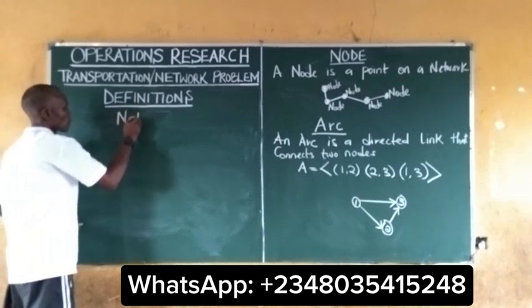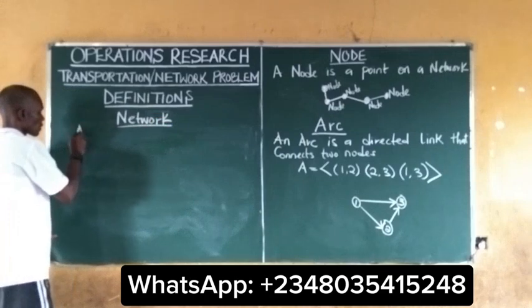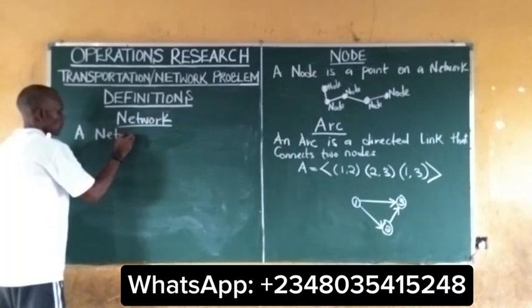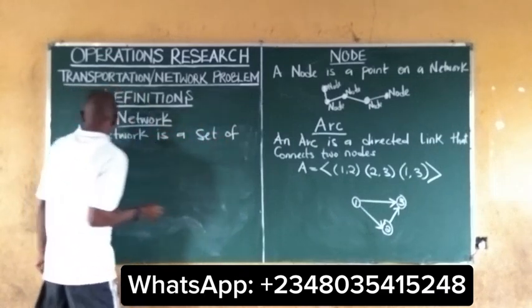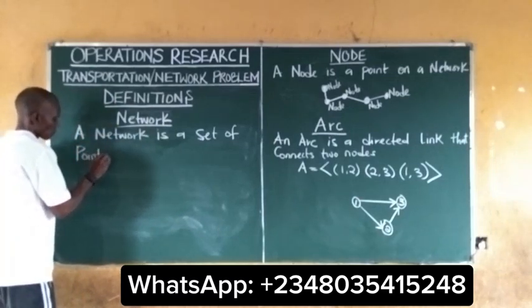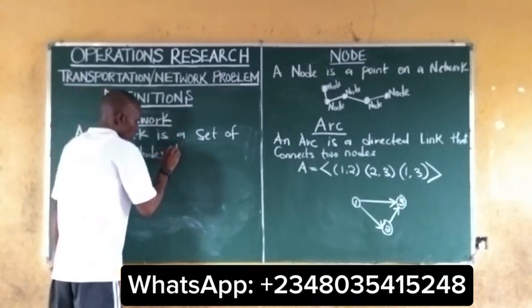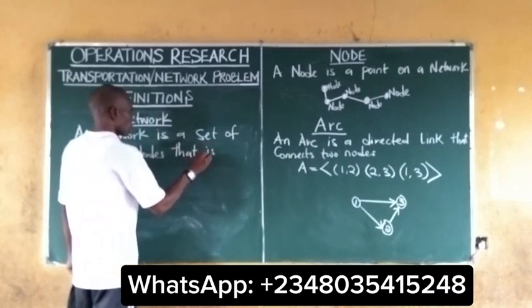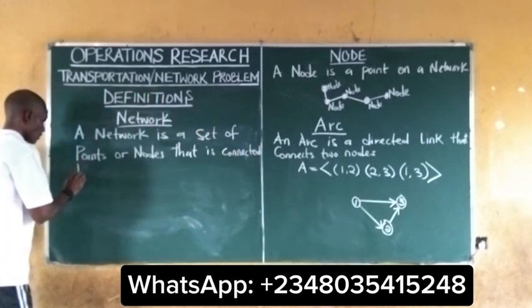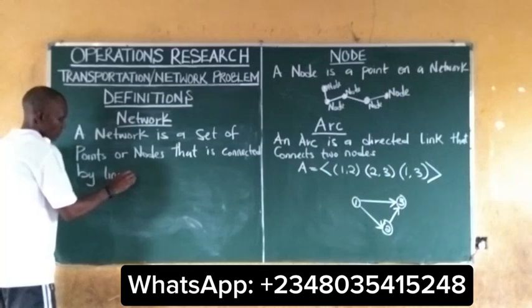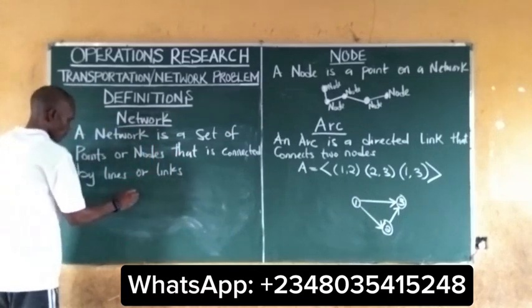Network. A network is a set of points or nodes that is connected by lines or links. For example,